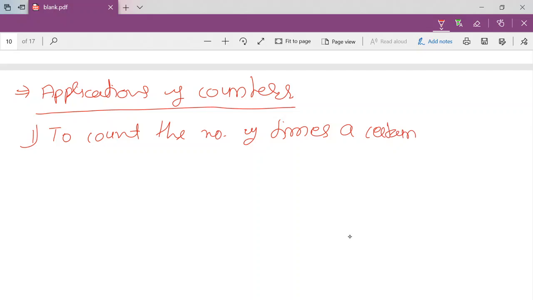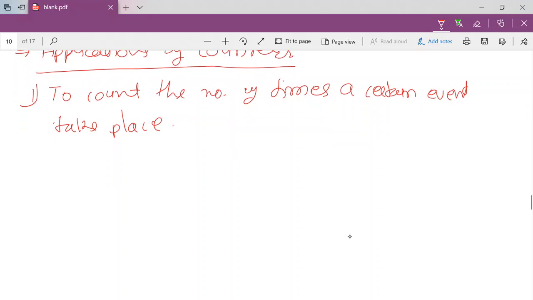That is a very intuitive application of the counter. That means we want to count the number of times a particular event has occurred. So how can we implement this in a circuit for this particular task?